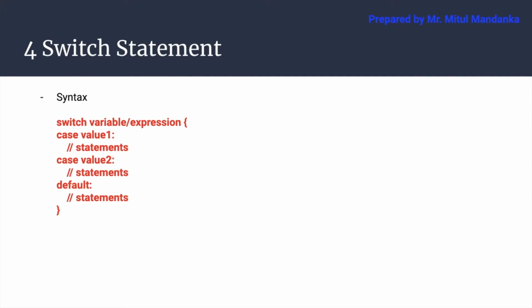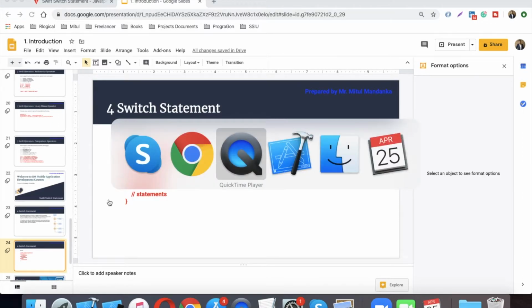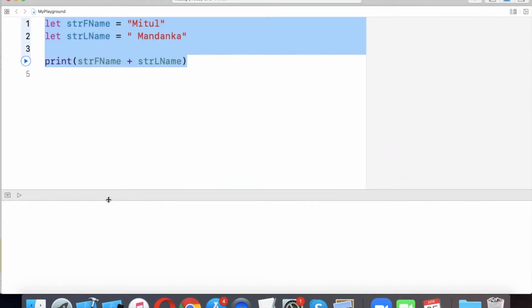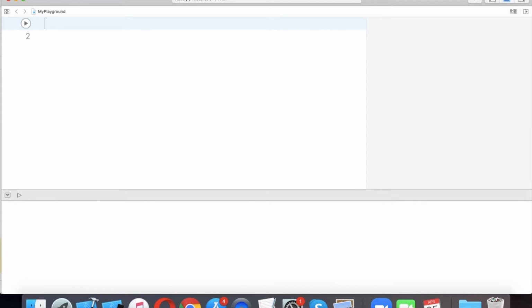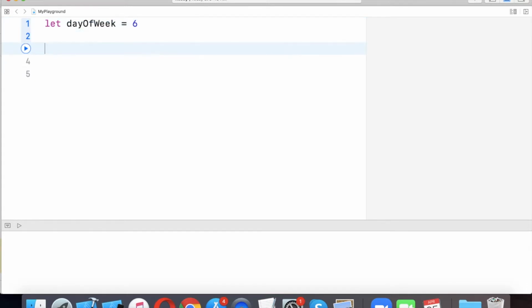So let's take one example and look at the output of that program. Here I take one constant variable by defining it with the let keyword: let dayOfWeek is equal to 6. I want to print a statement using the switch keyword.